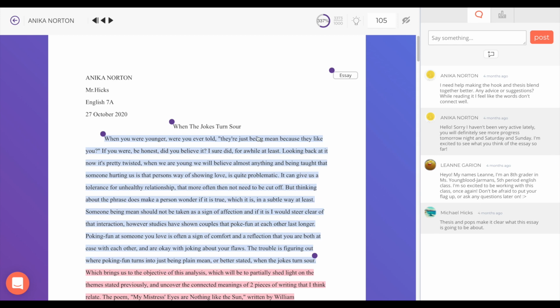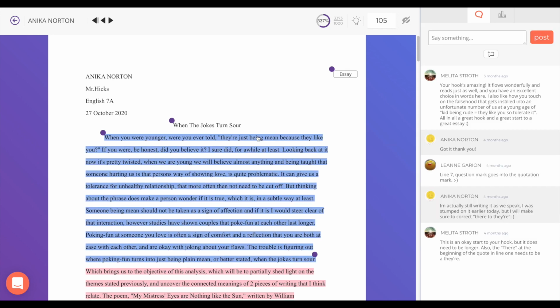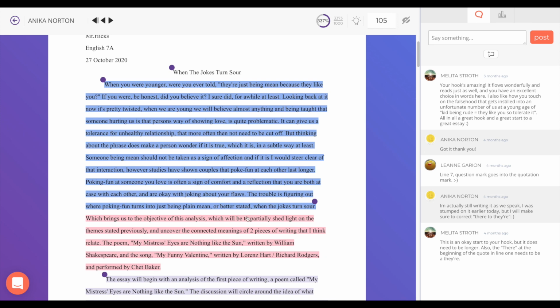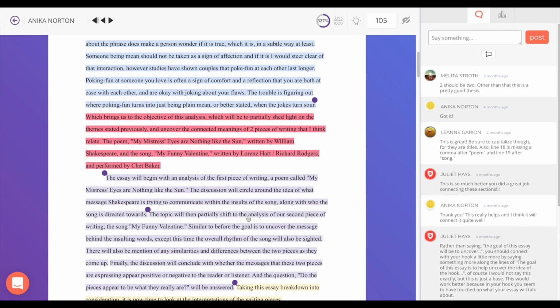You'll notice that I can click on any element. Here's the hook, here's the thesis statement, etc., and leave specific feedback for that particular element. Okay? And the way I would do that is I'd write it up here in this little box and I'd post it. So that's a really great way that you can provide peer feedback and how you will be receiving